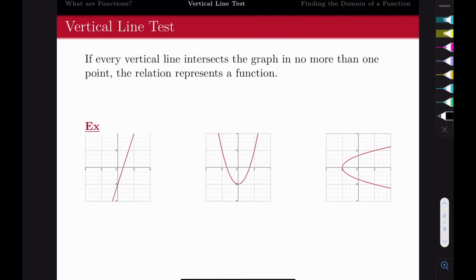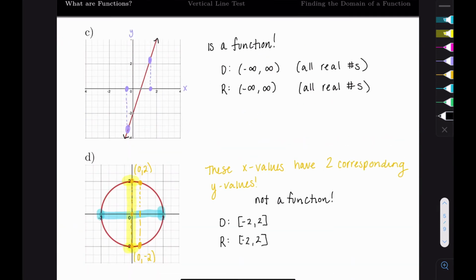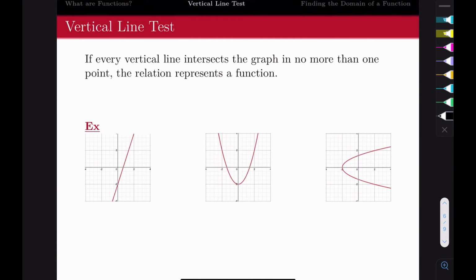Okay. So this concept is actually what's known as our vertical line test. So if I go back to this picture, when I draw a vertical line, it hits the graph in multiple spots. Where in this example, every time I draw a vertical line, it hits in a single spot. So remember, a vertical line just corresponds to x being a certain number. So what the vertical line test tells us is if every vertical line you draw intersects the graph in no more than one point, then that relation